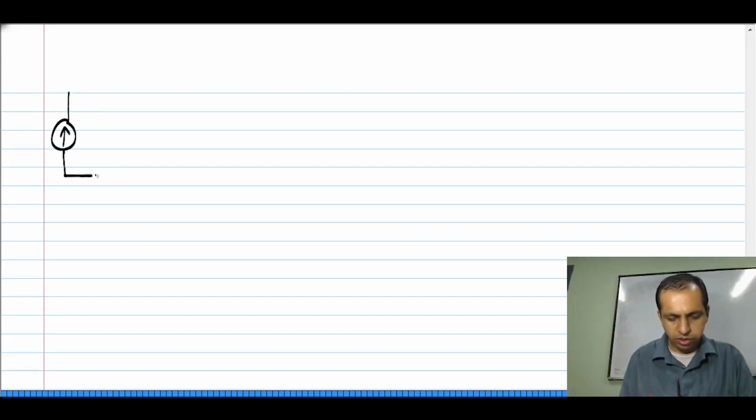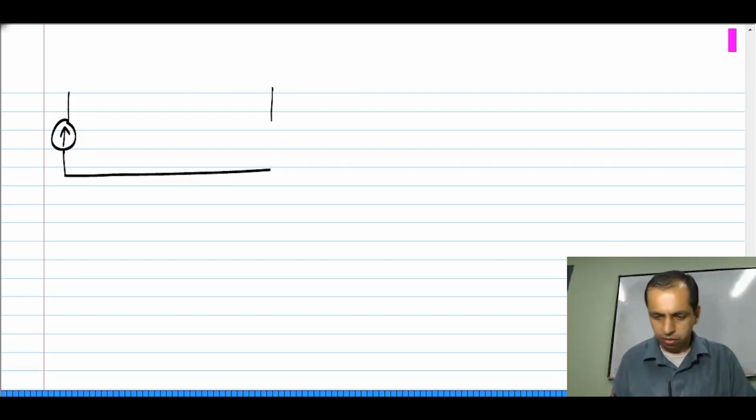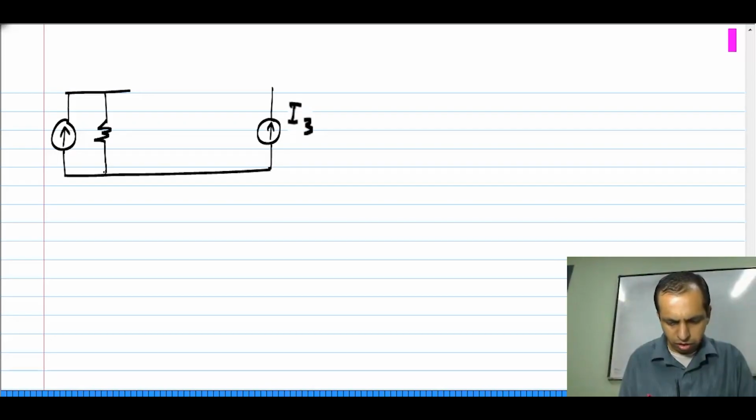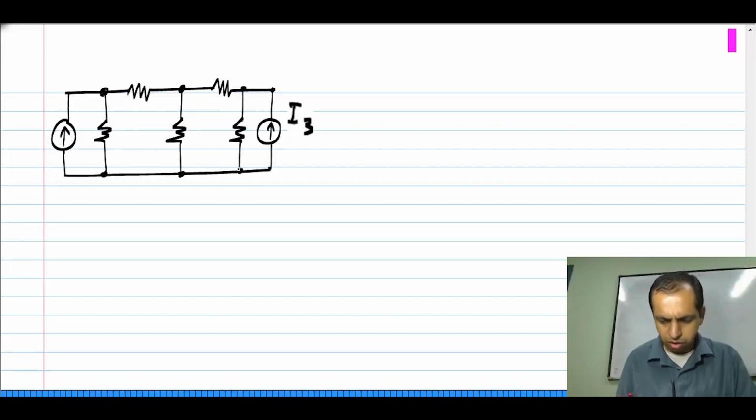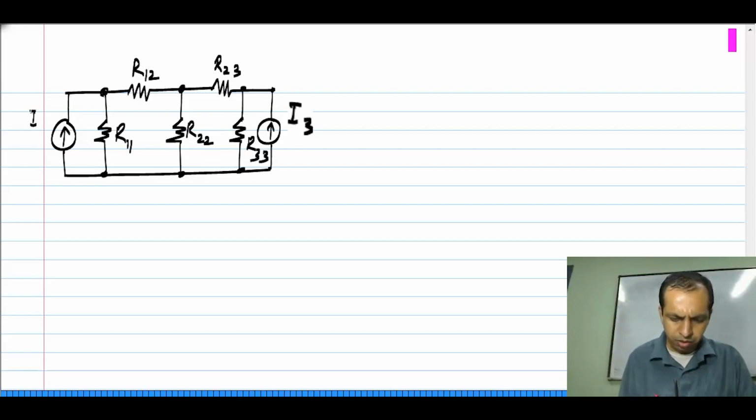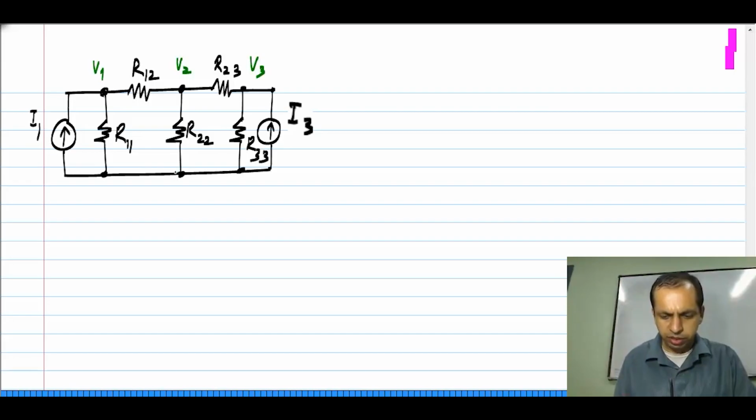So, let me redraw the circuit I had. We define V1, V2 and V3 with respect to the reference node, which is this. Okay. So, now I have to write